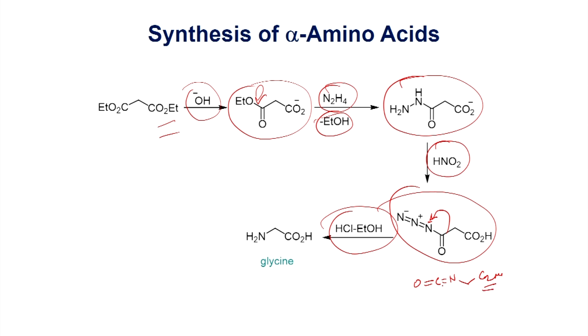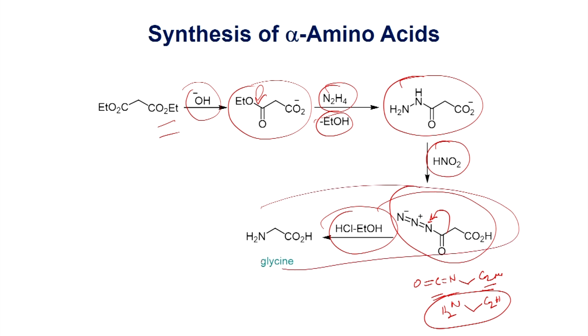Once you form this one, when you react with water, then you will be able to produce glycine as the product. So, it is an example shown, and if you have the diethyl malonate, you can use the Curtius rearrangement, you will be able to transform to alpha amino acid as shown here, and hydrolysis of this ester can give this carboxylate salt.